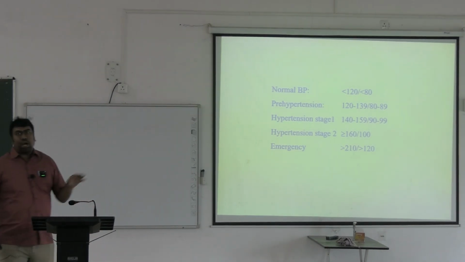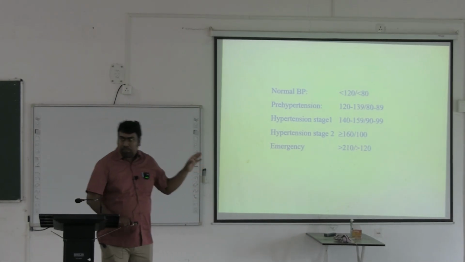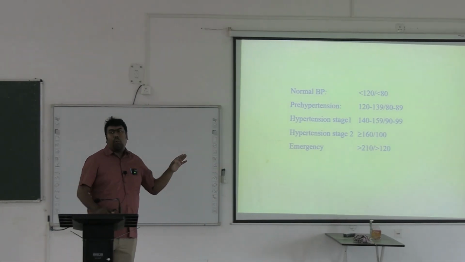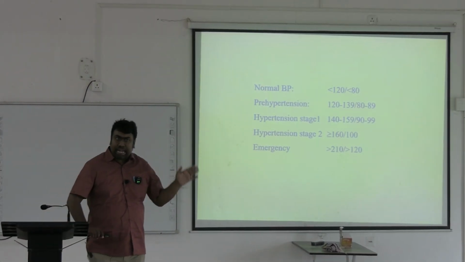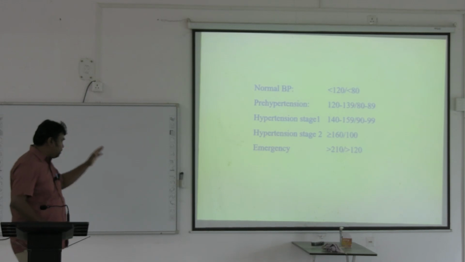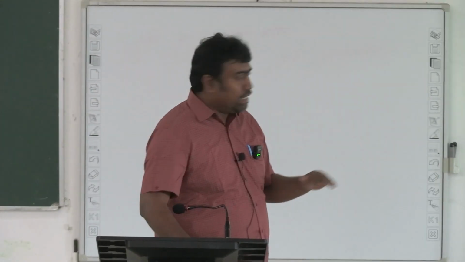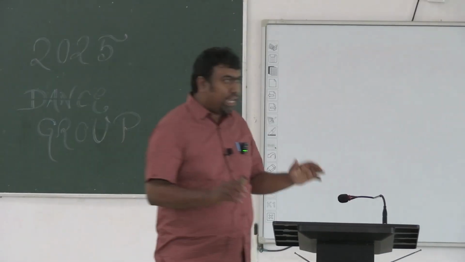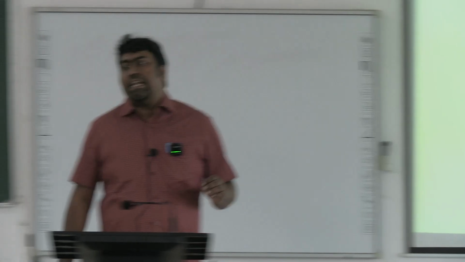Then stage 1 hypertension. Stage 1 hypertension is SBP more than 140 and less than 160. Similarly, DBP more than 90 but less than 99 or less than 100. More than that, it is stage 2 hypertension. Then there is a hypertensive emergency, when SBP is more than 210 or DBP is more than 120. Clear? So